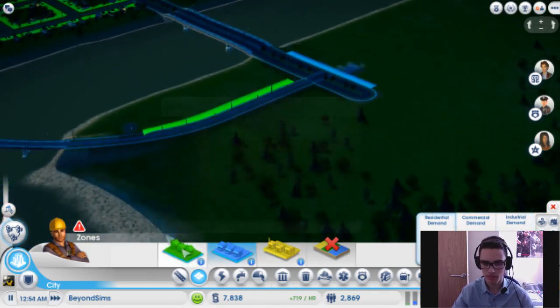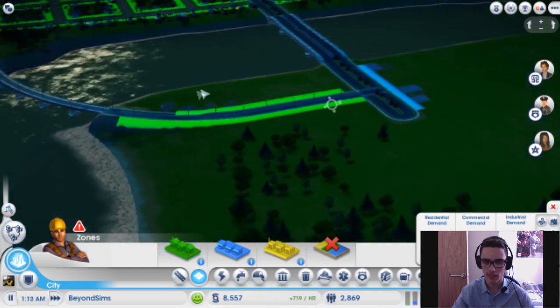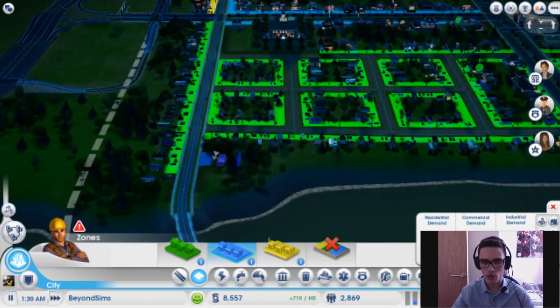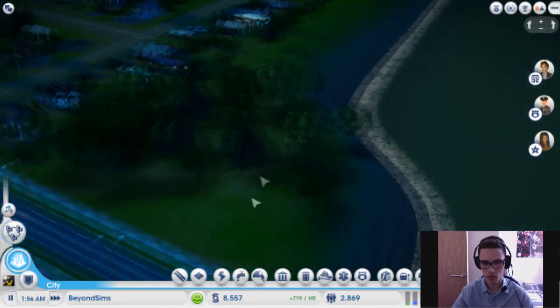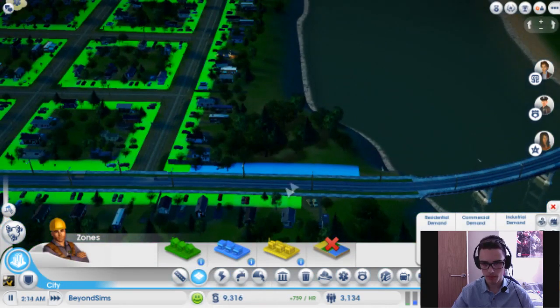I'll put a few there, maybe. Hopefully that pleases you. If it doesn't, then go away. I don't like you anymore, Sims. I'll put a few there, just so they have like a... We'll call it the corner shop. If it actually builds anything there. Probably won't actually, because it's quite an awkward location, but...